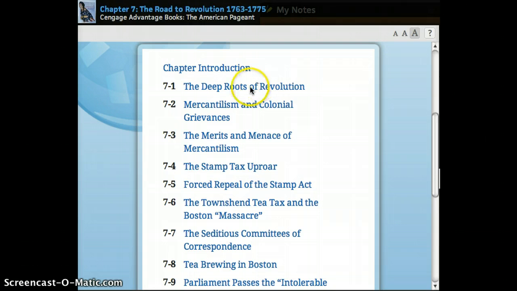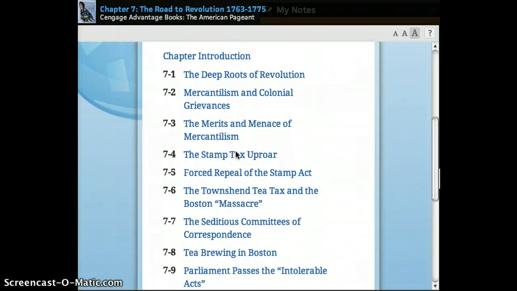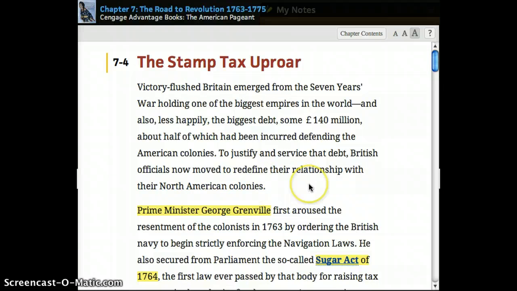So, we went through, in the first part, the beginnings of the chapter introduction, the part where we talked about republicanism and the internal politics of the Whig Party, and how they sought to minimize the power of the king, the arbitrary authority of the king. We talked about mercantilism and the problems with colonial grievances, the eventual benefits of mercantilism for the colonies, the imposition of the Stamp Act, and ultimately we were going to get into here the problem with the repeal of the Stamp Act. So let's get right into this.